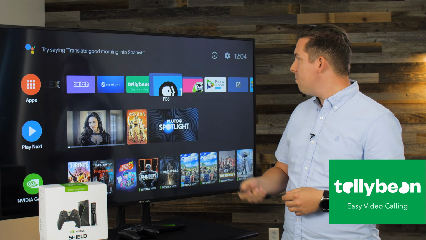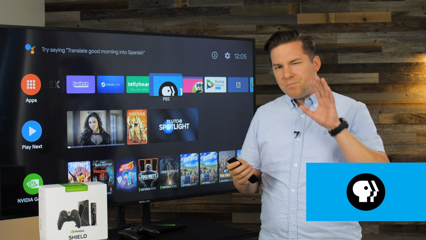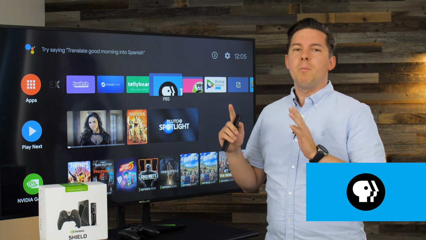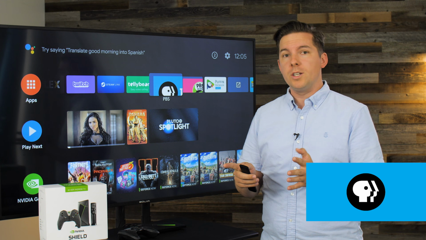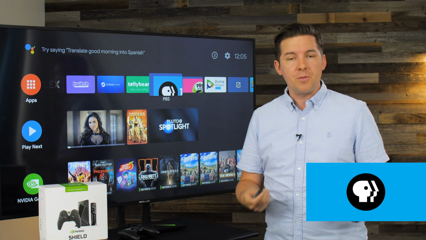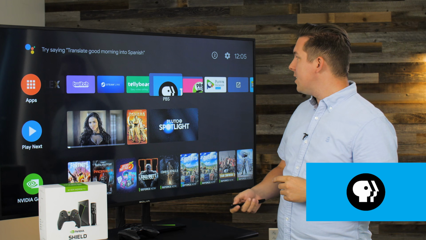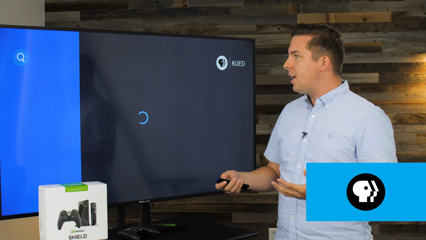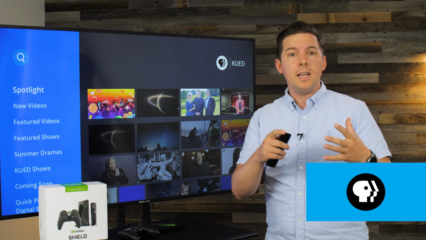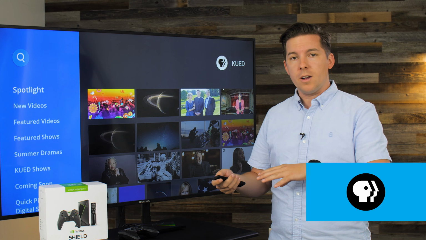A great option there. These two kind of go together, obviously, PBS and PBS Kids. I'll talk a little bit more about channel-specific downloads, but PBS might be my favorite one just for sheer amount of family-friendly content that you can get either through PBS or PBS Kids. So in this case, you just log in here. It's going to have you log in at pbs.com, activate the app so that it knows where you are logging in from.